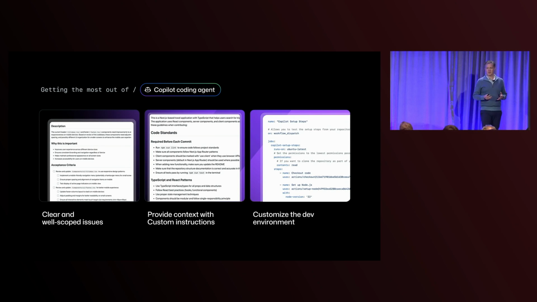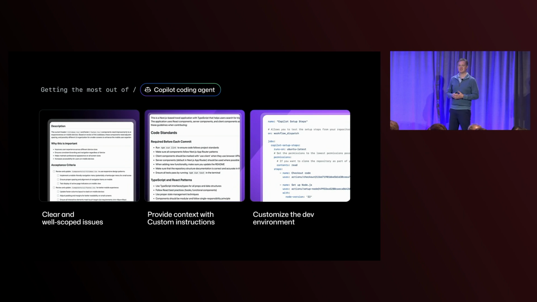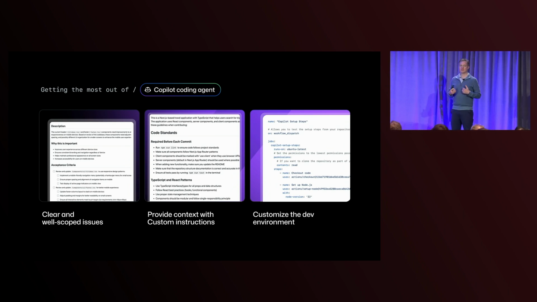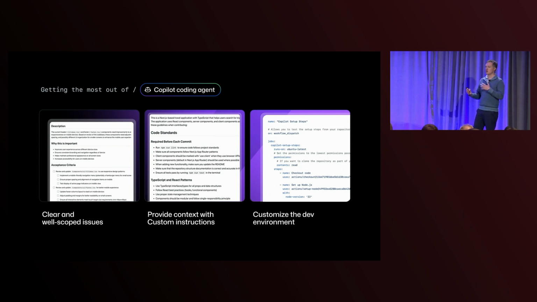One of the things folks always ask is, what kind of problems is Coding Agent good at? And it's a really hard question, because it's like asking what kind of problems a new hire on my team is going to be good at. It's not a simple answer. Everyone builds up an intuition over time about their code base and the person's skills and how they're going to fit. One of the things we like to think about here is, imagine that you're onboarding someone to your team. What are the things you need to do to help make them productive within your project? There's a few things that really apply with Coding Agent.